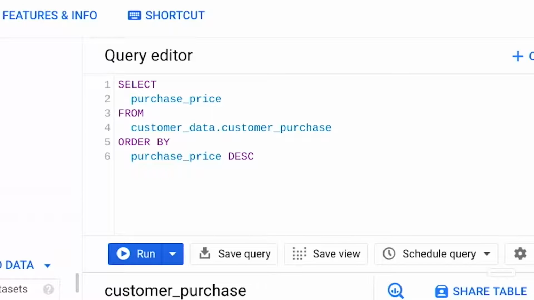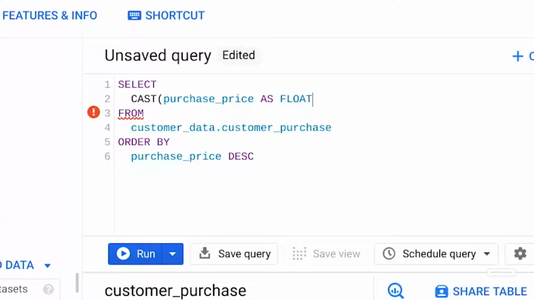So if you have a database where you need to convert a data type during your analysis, you can do that by using the cast command in SQL or any other method that you learn on the job or from your own research. Like this example, where we converted a purchase price column to be a float instead of a string so that it was in a numerical form we could use for calculations.